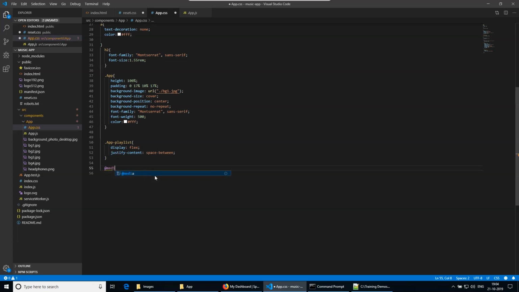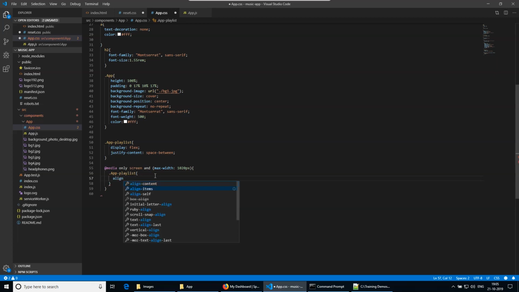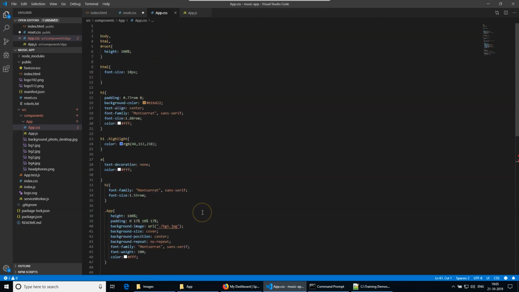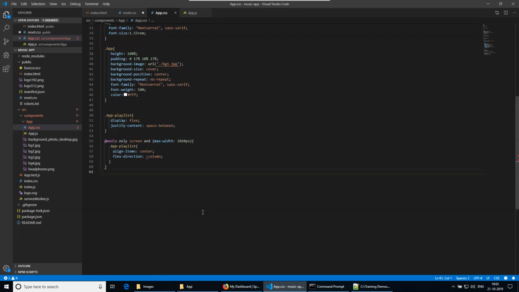query for the responsiveness of this page. So this is media for only screen, and max width is going to be 1020 pixels. Okay, and the class name that we'll provide later is obviously app-playlist. So for this screen size, we would align all the items to the center, and we change the flex direction. Okay, so we seem to be good with the CSS for the app as of now, and that's the app.css